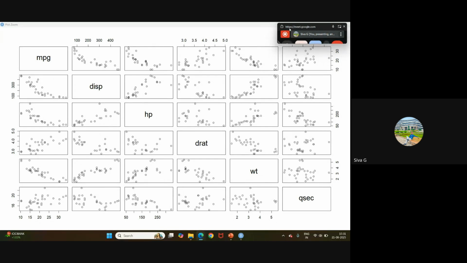Same thing. Here I said, right, sir, you are saying that MPG and displacement are negatively correlated, and you are saying that the scatteredness is very less. So you may feel that it is a strong correlation. But how much strong? If you want it numerically, then